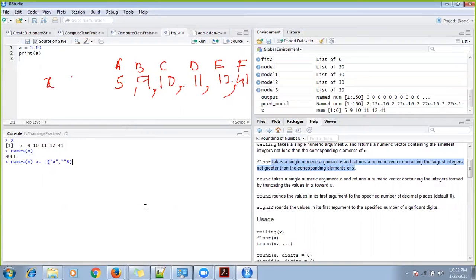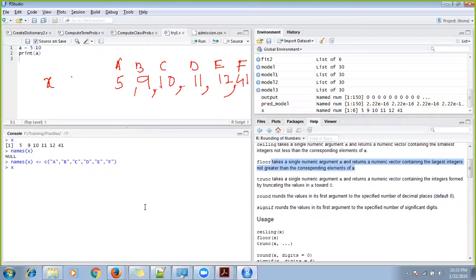B, sorry, C, D, E, F, right? Done. Now let's print X and see what output is coming.